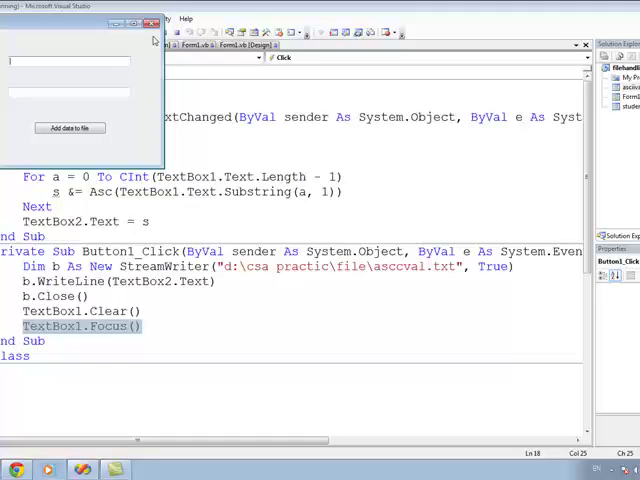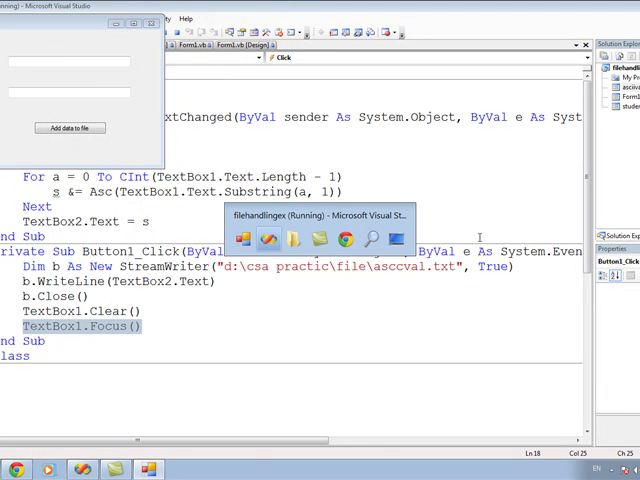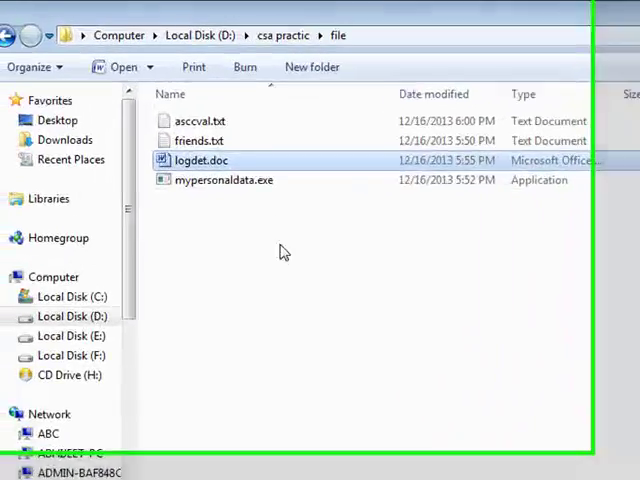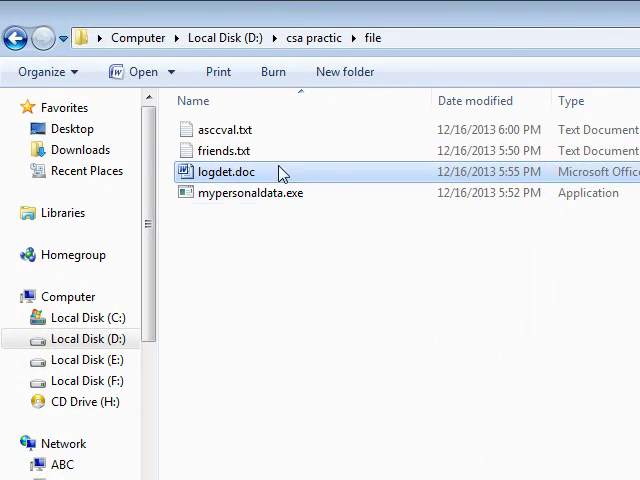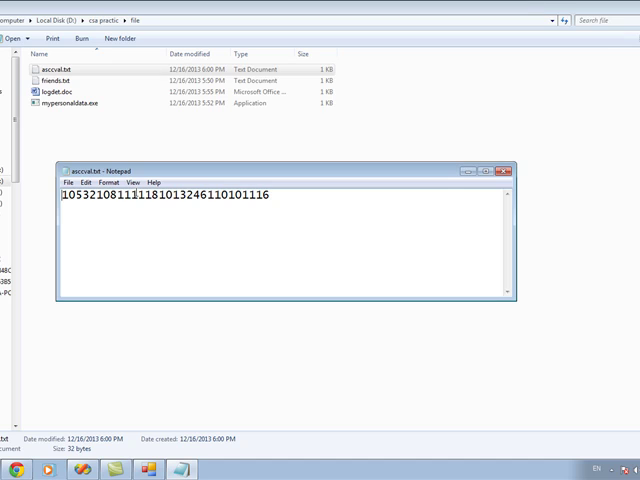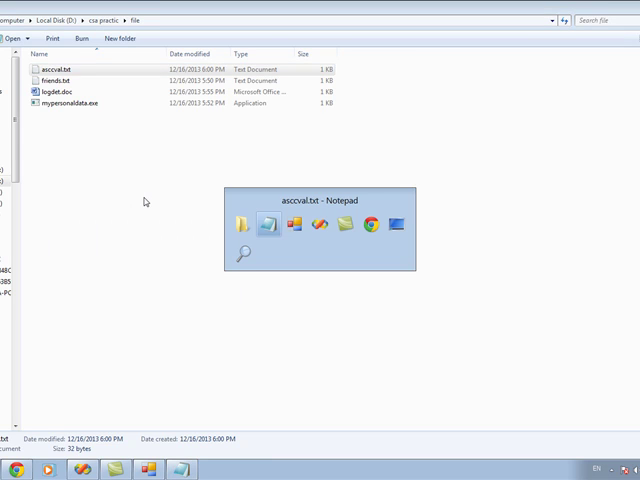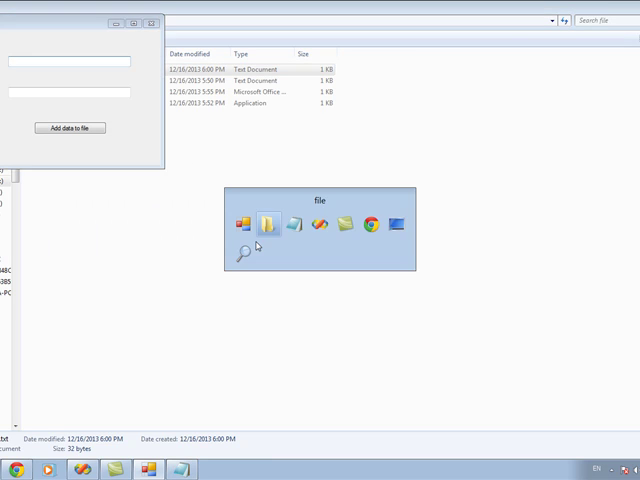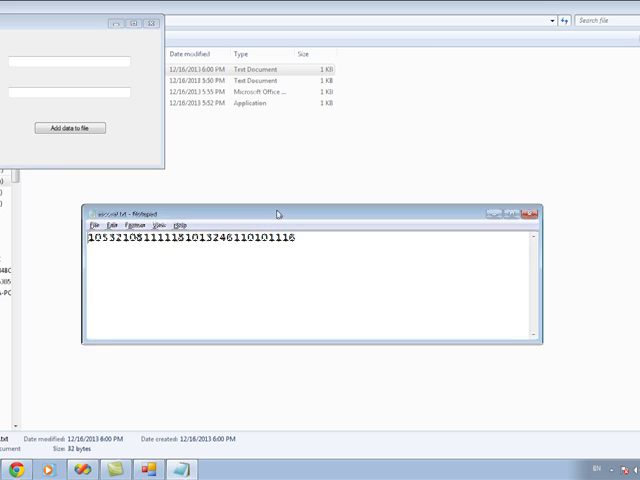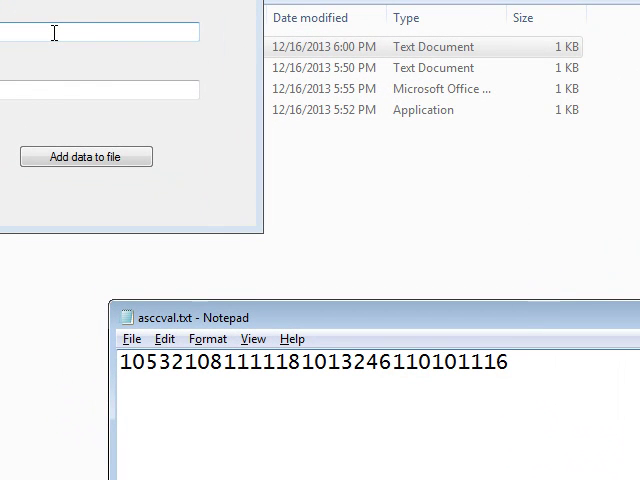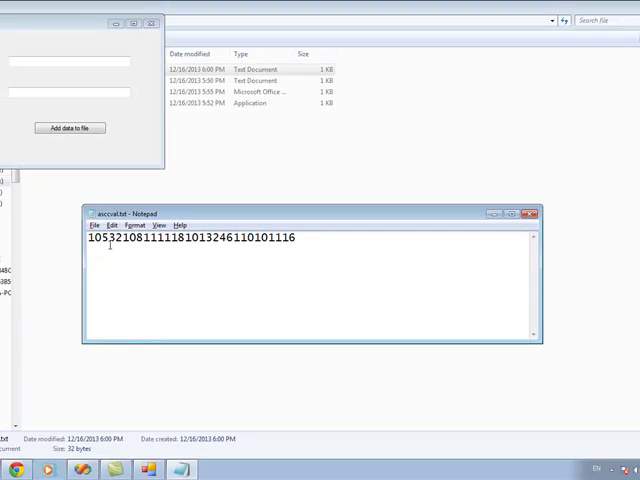Let me run this very useful program. I love .NET. When I click on it, look at my file process. Previously there is no file. One by one the ASCII value file is also converted, and when I write down, here is my front end, here is my back end. I wrote I love .NET. It is mentioned within